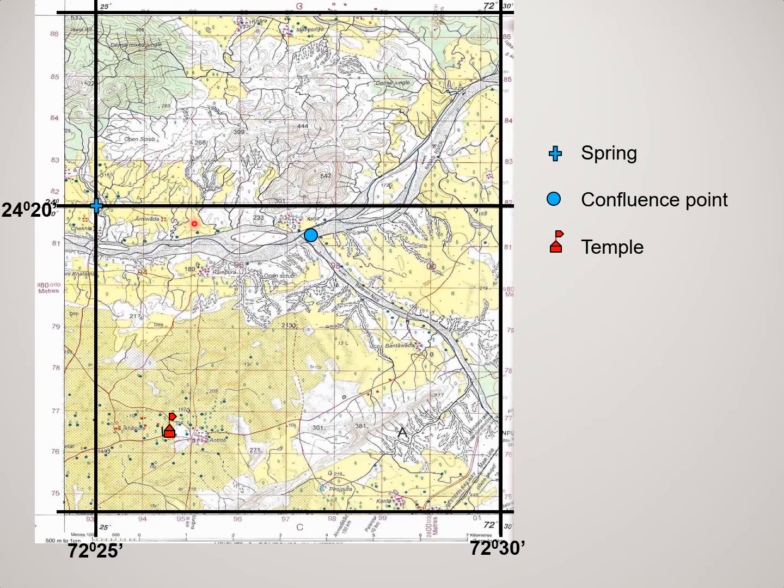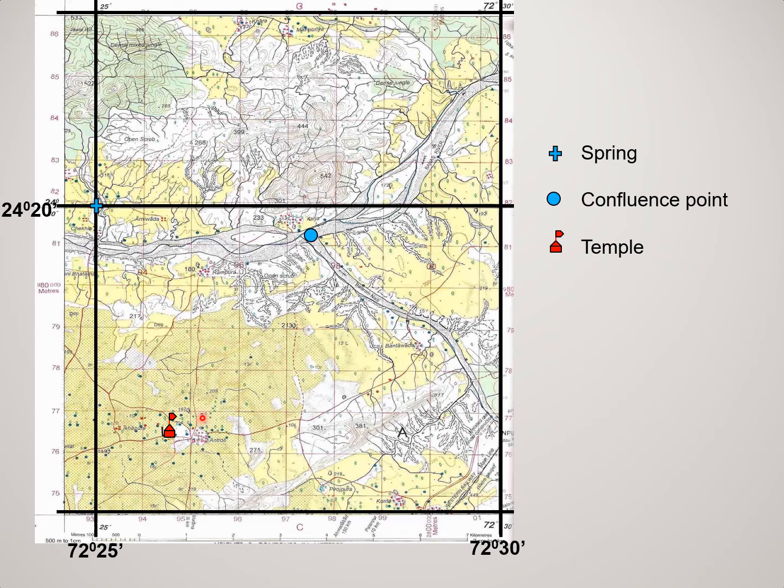Now let's say, for example, we want to locate certain points or certain areas on this topographical map. How are we going to refer to them? We have three different features. The first one is the temple, then there is a confluence point, then there is a spring. How are we going to locate them? We can locate them in terms of latitude and longitude, but there will be a lot of calculations involved in that, and that can also be sorted out whenever we want. But we are not going to go into the latitude longitude coordinate system.